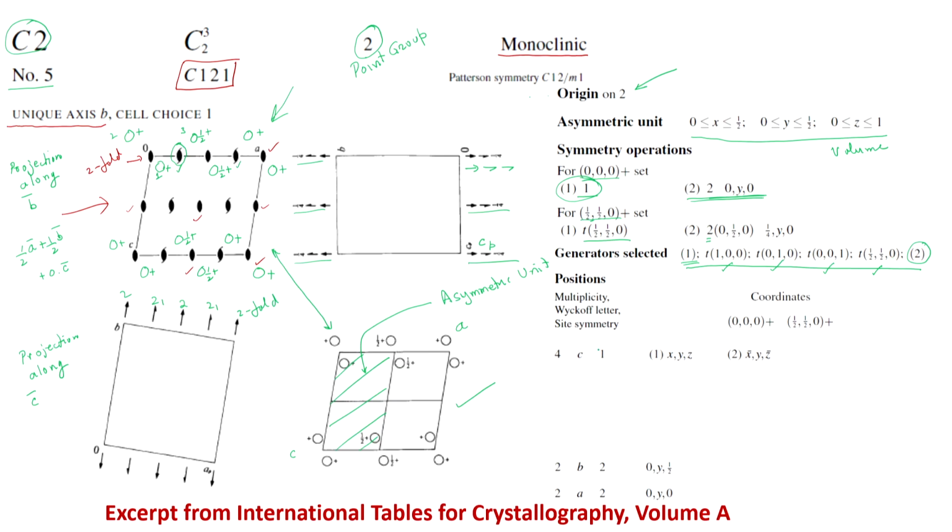Now, again we come to the Wyckoff positions, analogous to what we had seen in the plane groups. Starting here, this is the general position, and it has a multiplicity of 4. General position means that all of these motifs that you see are representing the general positions. So, this is actually a general position.